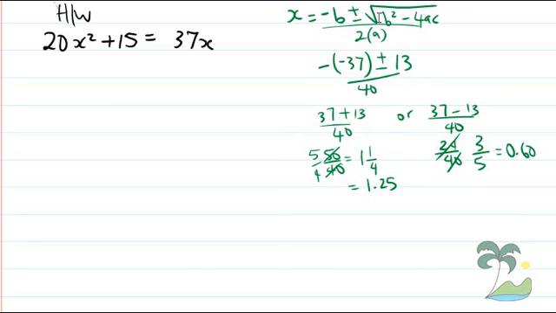It's negative b plus or minus the square root of b squared. Notice I have the negative 37 in a bracket. I like to put my numbers in a bracket so I don't mix them up and get confused. Alright,